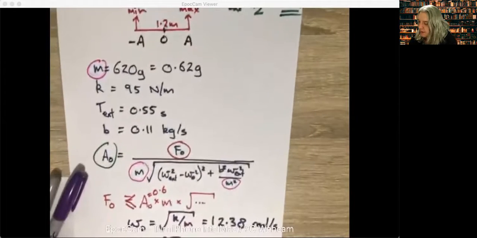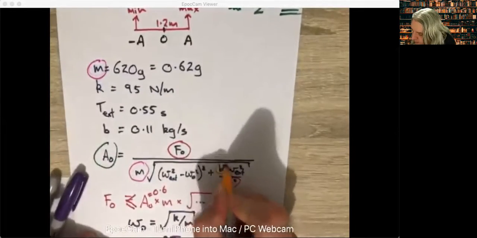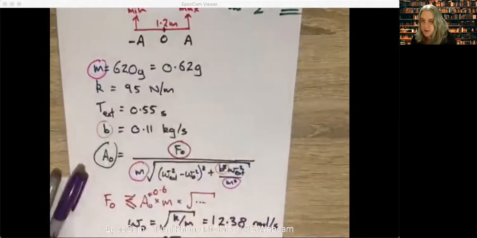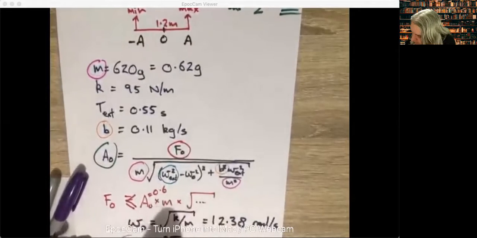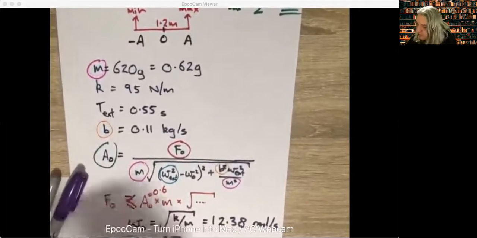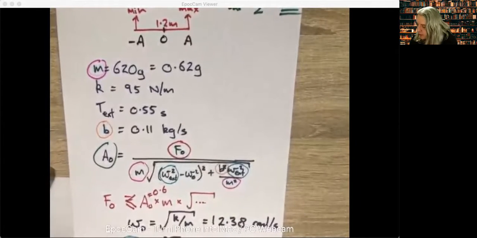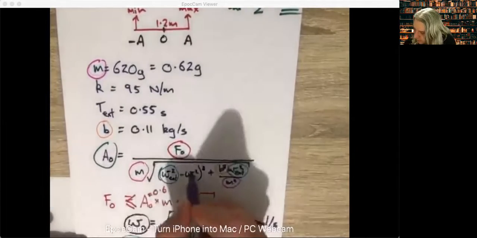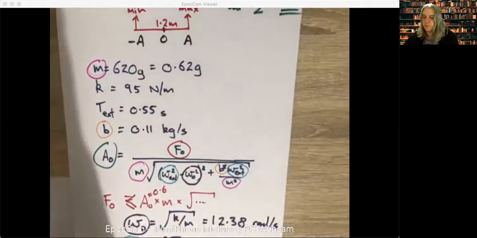And we've also got B, our B term in here, which is given to us here. And then we've just figured out two different frequencies: one's the driving frequency, and one is the natural frequency. So now you can go through and fill out that equation, put in all those values,